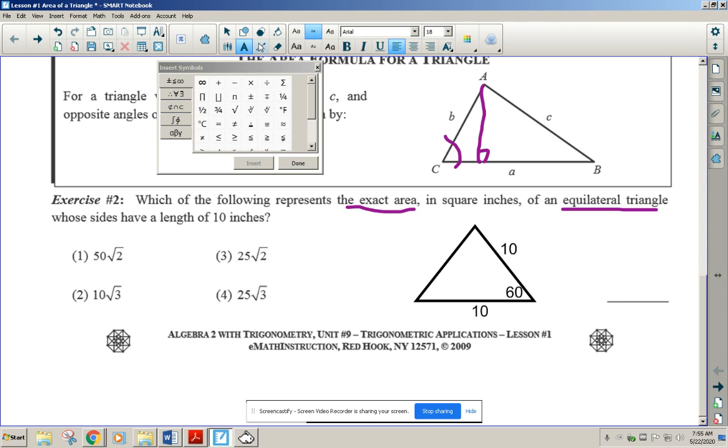Well, this area would equal 1/2 of 10 times 10 times the sine